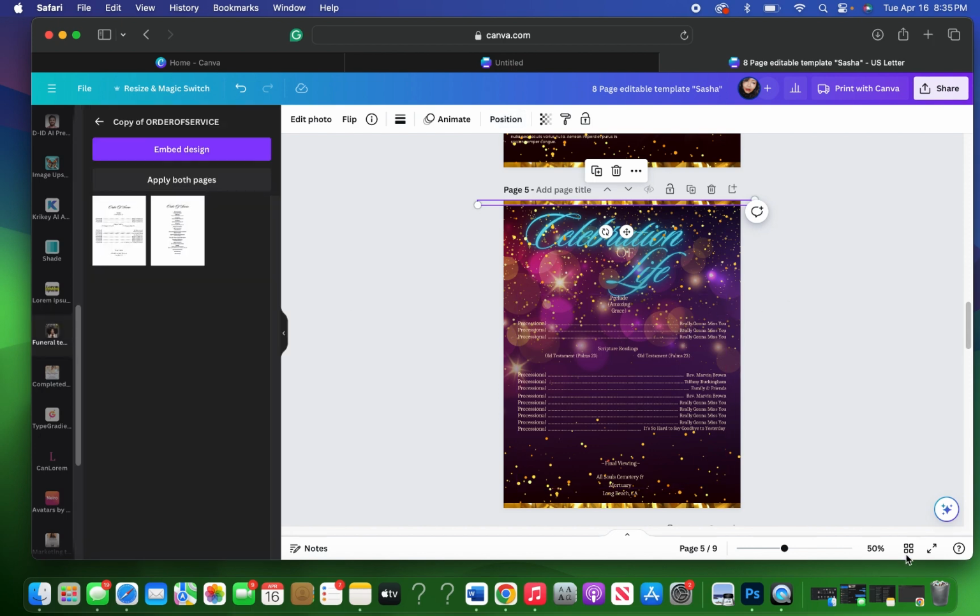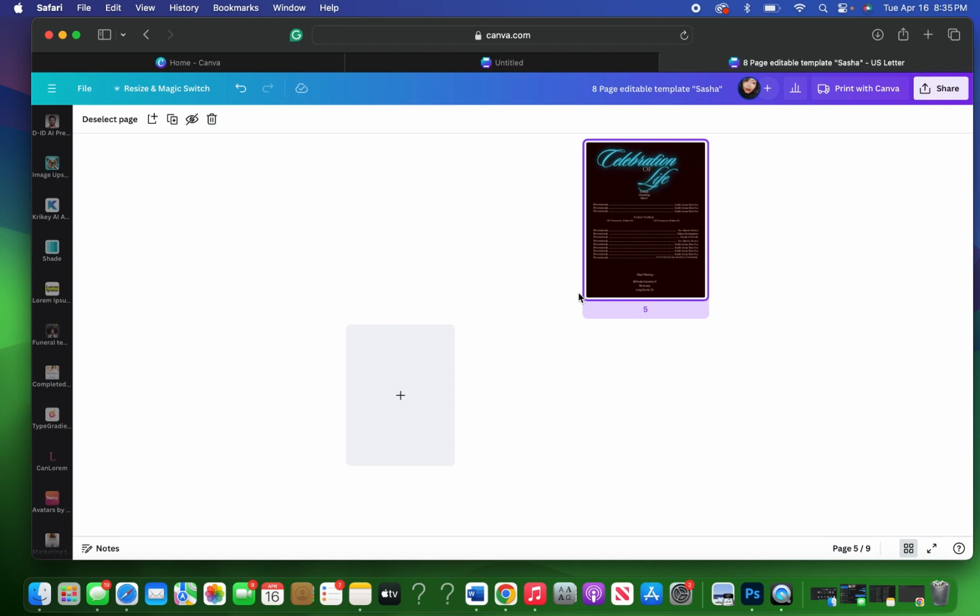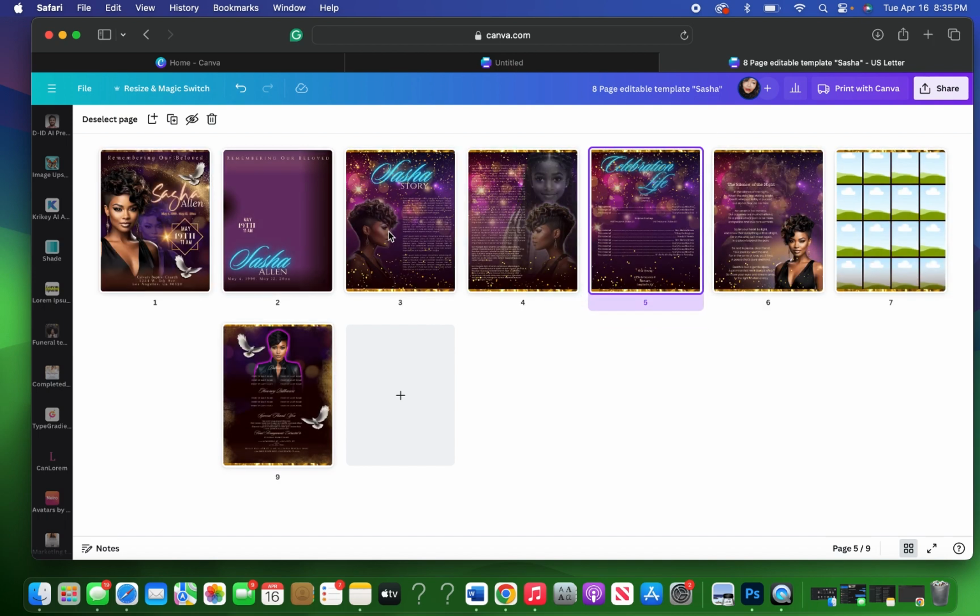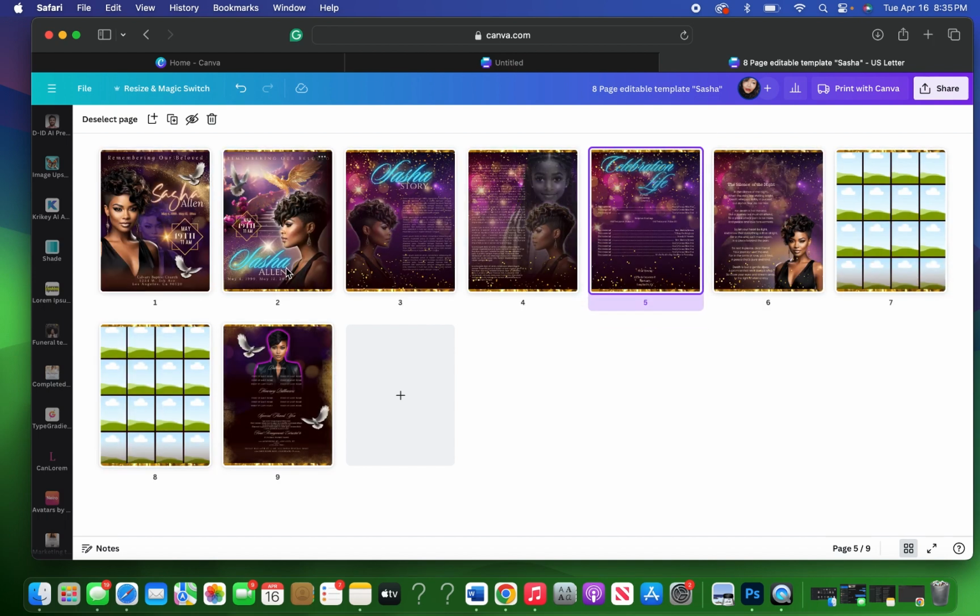And let's go over to Grid View, and as you can see, we have the cover page, which is page 2, which would technically be page 1. We have the cover page designed. We have the Sasha story, which is the obituary, 2 pages right here designed. We have the Celebration of Life page designed, and everything matches. It's everything's the same size, the same color. It is together. So I'm going to stop right here,